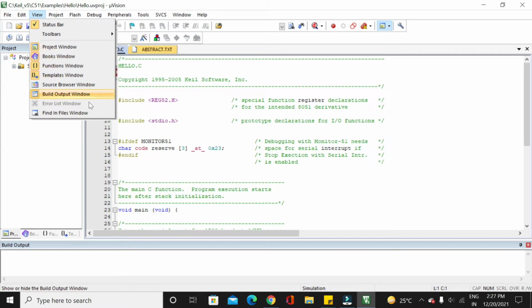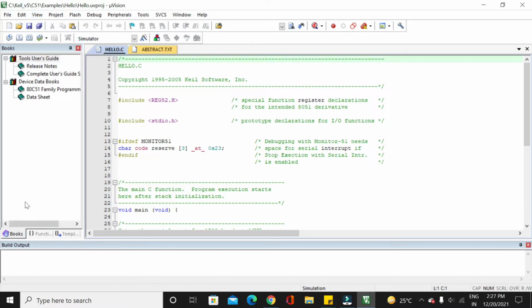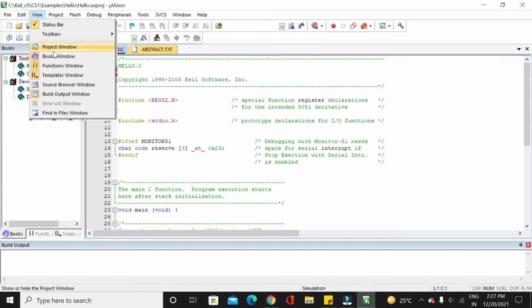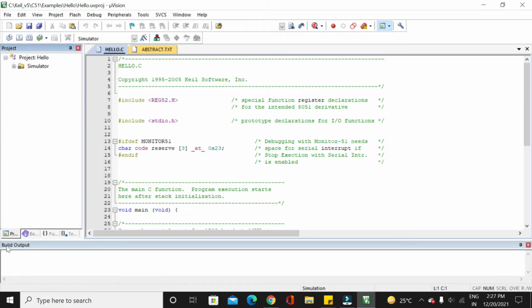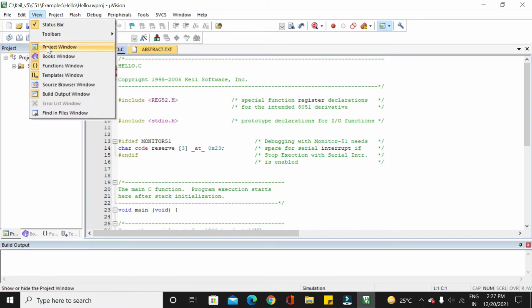Okay, so View is showing you different windows. The project window has been closed here. So go to View again and click Project Window. The project window will come again. You observe here there are 1, 2, 3 and 4. They are in a cascade mode. So projects and then so on up to functions, these windows are all cascaded.